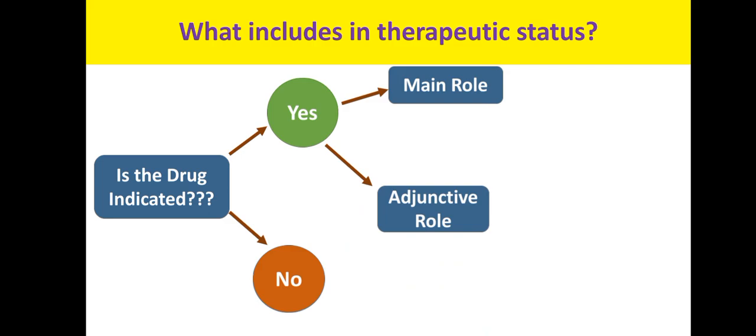Now, suppose the drug is having, now we look at the third aspect. First aspect what we have seen, whether the drug is having a primary role or adjunctive role. Second, even if the drug is having a primary role, at which stage of the disease, whether it is used for the termination of the acute headache, or it is used for the chronic management, or it is used for the prevention. Now the third is, suppose the drug is